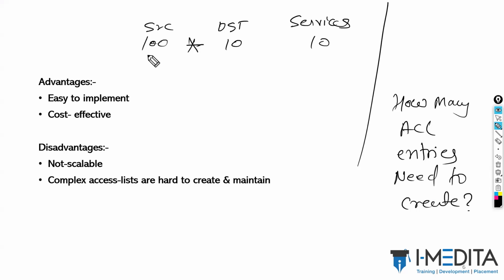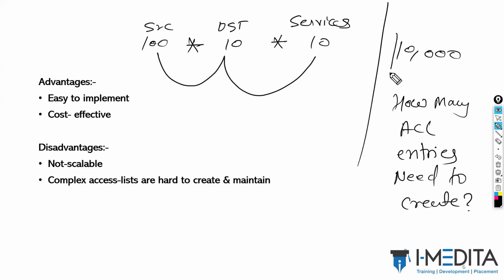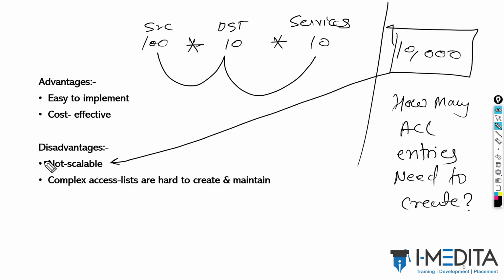The formula is to multiply source with destination, multiply with services: 100 times 10 is 1000, and times 10 is 10,000. So you need to create 10,000 entries. The job of creating 10,000 entries is not scalable. You can't easily create these